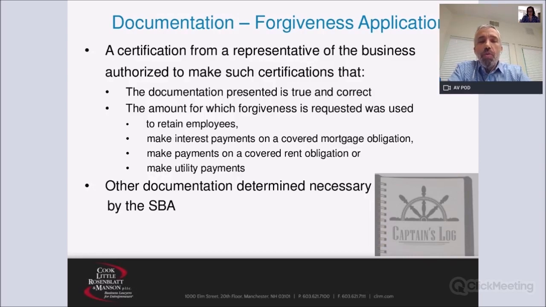So there's obviously a little bit of a window there for future requests from the SBA about what it will take to verify that the amount you're asking to be forgiven should actually qualify as being forgivable. One other note that's not on the slide, but a point I want to make: remember, you're making this application for forgiveness not with the SBA, but to your bank.